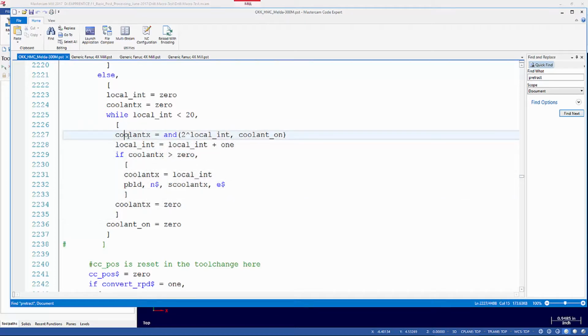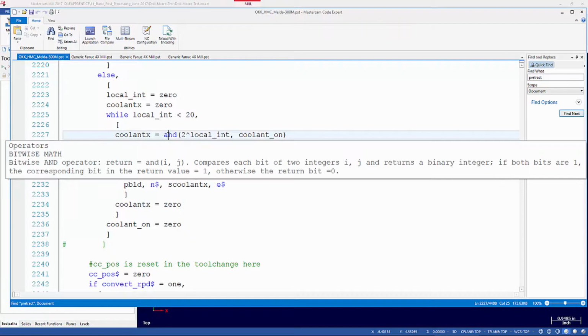And the first thing that happens is we set the value of coolant x, but we do it in kind of a sneaky way. We do it by using what is known as a bitwise math operator. So this is kind of a funky deal. It says return equals A and D, and